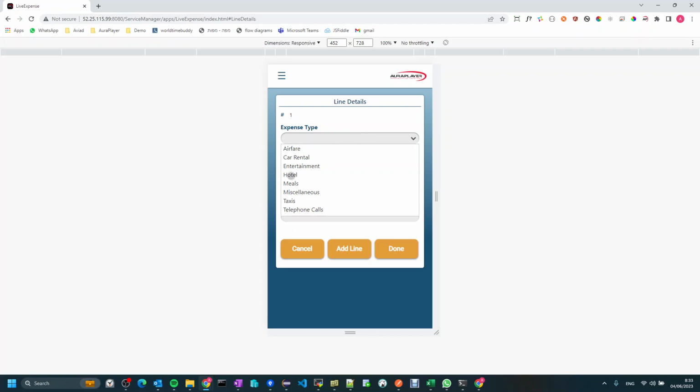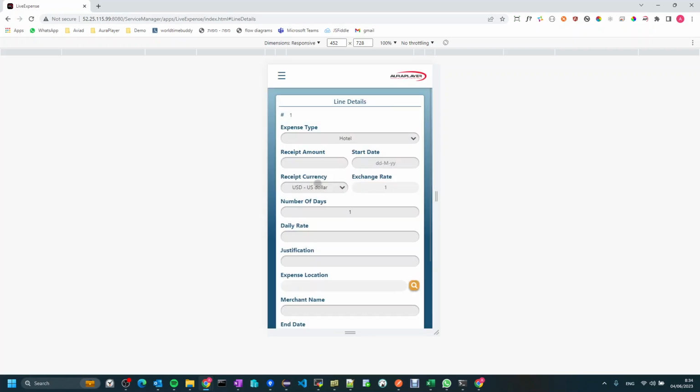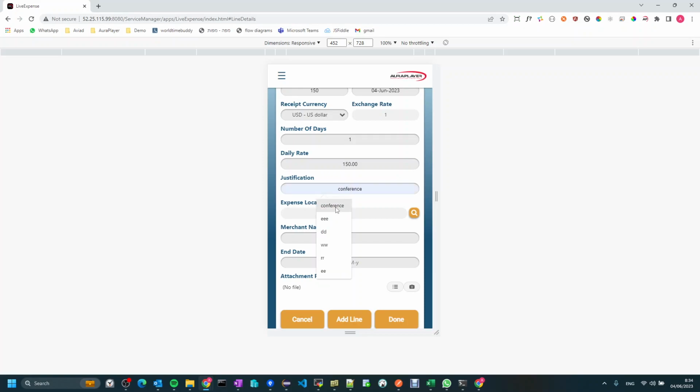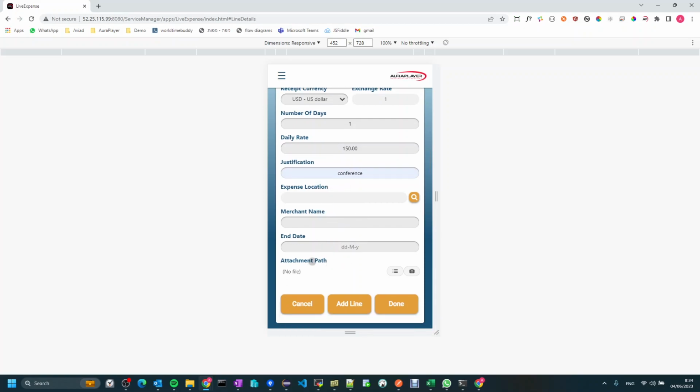So here let's choose the hotel expense type and let's put here some amount, choose a date, put a justification, and we can also add here an attachment. So since this is running on our mobile device, we can also use the camera of this device. And if I was running it on a real mobile device, I could just press this button, it would open the camera for me,